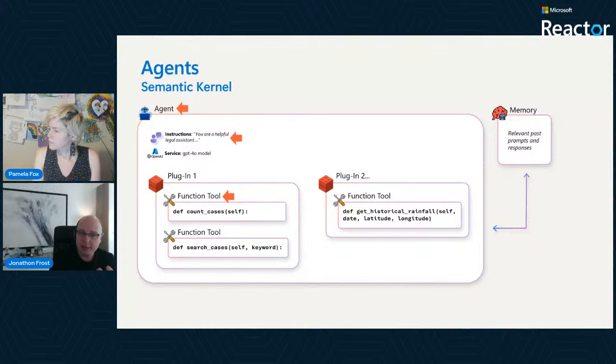How they run and what actually happens is based upon the annotations on those function tools. In the case of Semantic Kernel, we have an explicit set of metadata that we assign to each of the function tools. In other frameworks like LangChain, it uses the docstring of the function. But essentially, each of these functions has a bit of text that is evaluated by the model. So during the agent runtime, when a prompt comes in, it's able to determine, hey, I've got these 4, 5, 6 functions. Should I run one of these, 2 of these, 3 of these, and what parameters should I pass into those? That's essentially what's happening here.